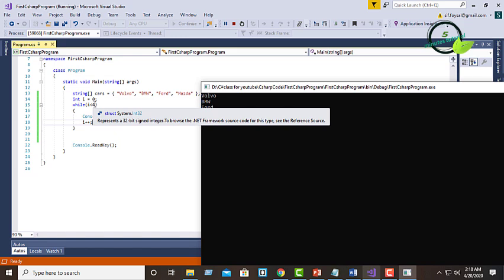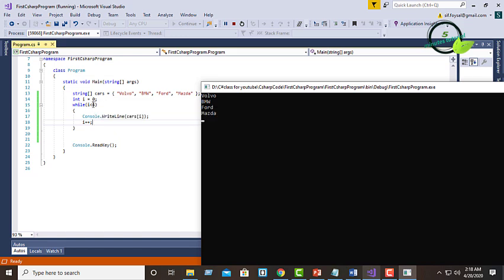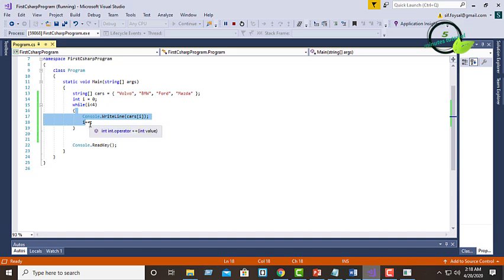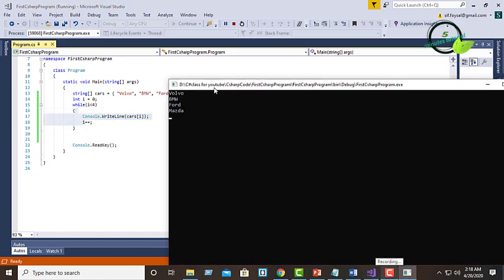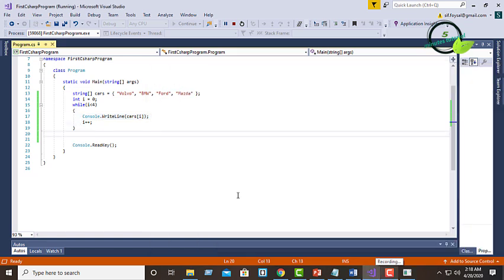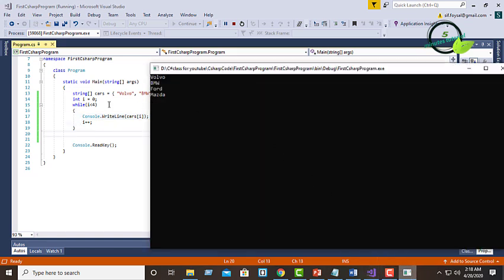No, it is false, 4 is equal to 4. So here the code is not executing. So we have seen how the while loop works.